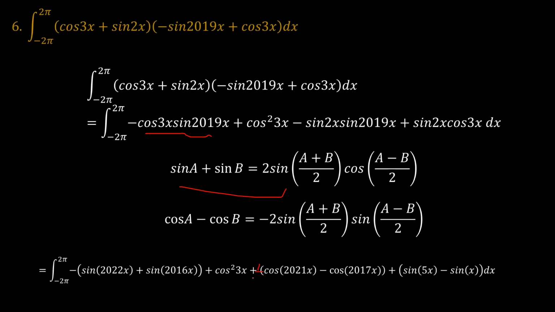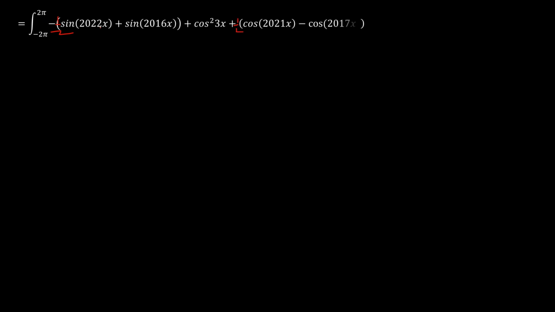I have forgotten to include the half here, and here, for sine 2x cosine 3x, which is sine 5x minus sine x, times a half. Okay. So with halves applied appropriately here, and here, and here,